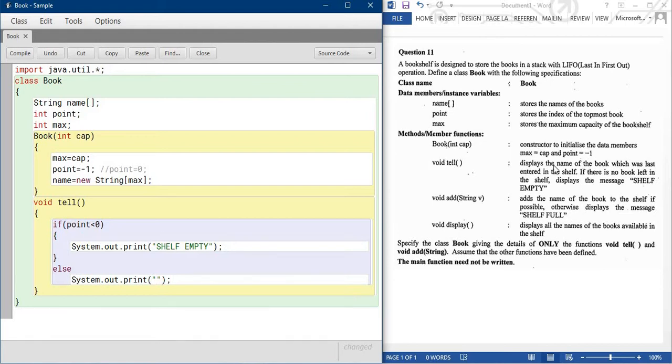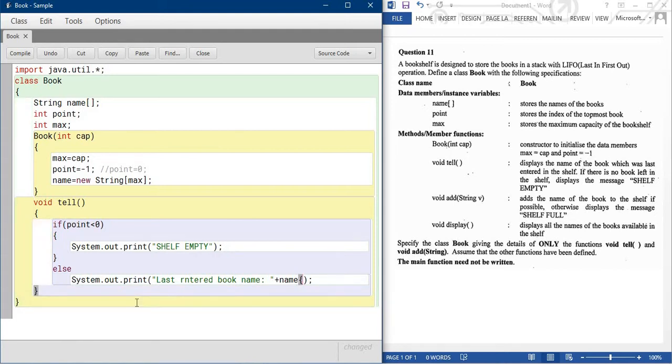The message written here is to display the name of the book which was last entered. So I am writing here "last entered book name". I'm just printing the message, the string book name.